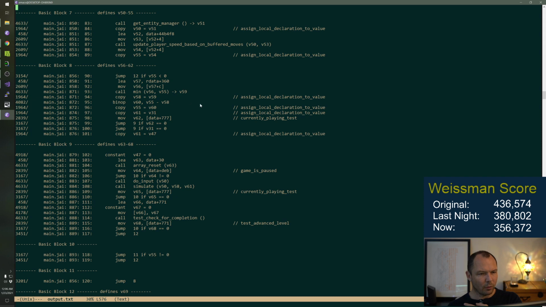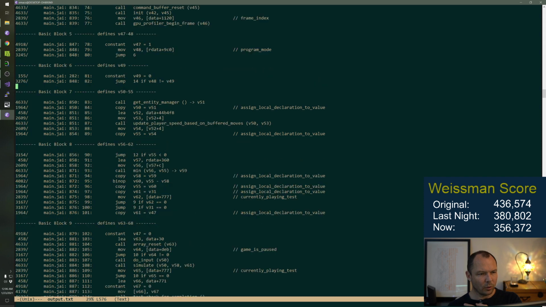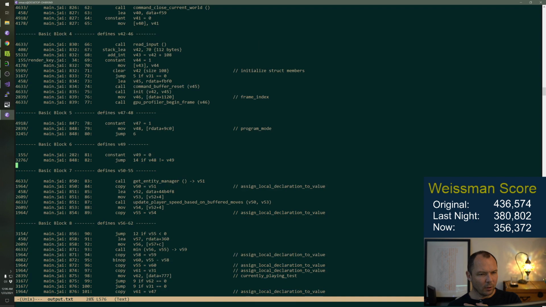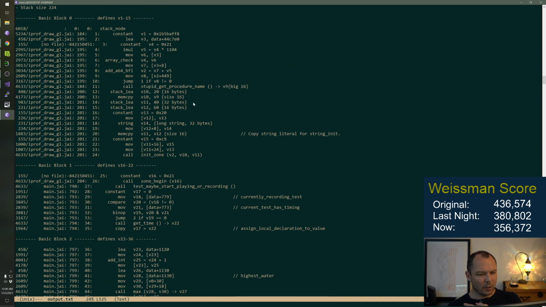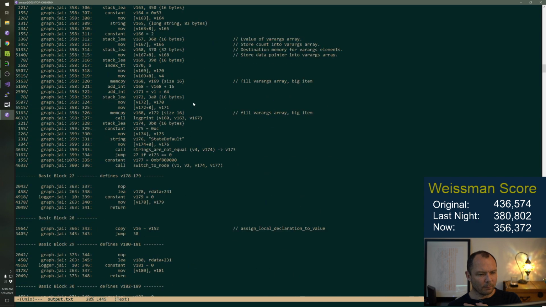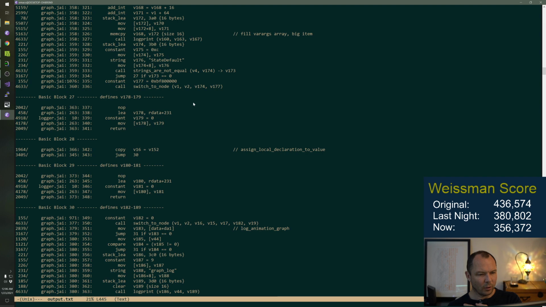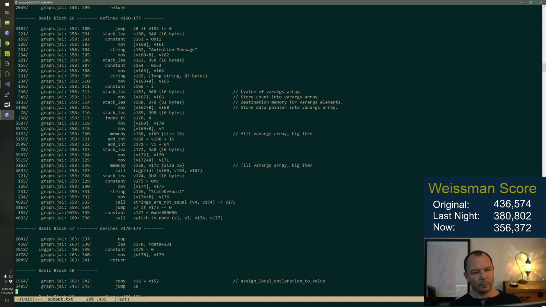We sure have a lot of assigned local declaration to value register copies, which generally indicate that we didn't successfully do a placement, I guess. This has lots of Stackleys.